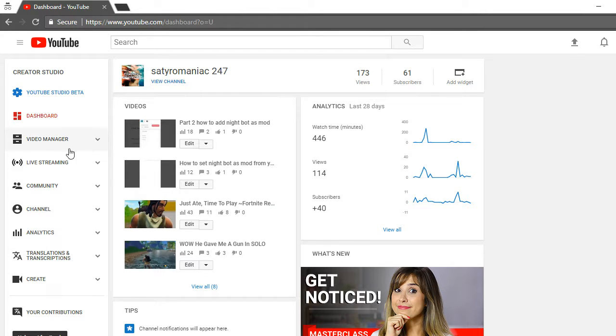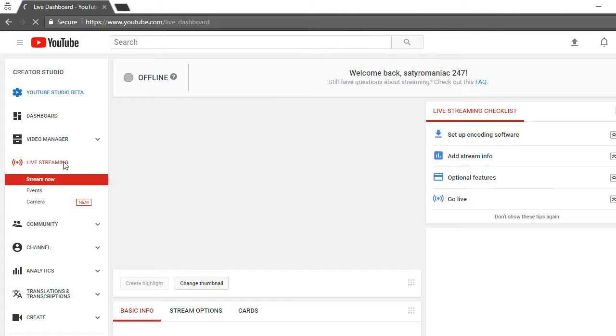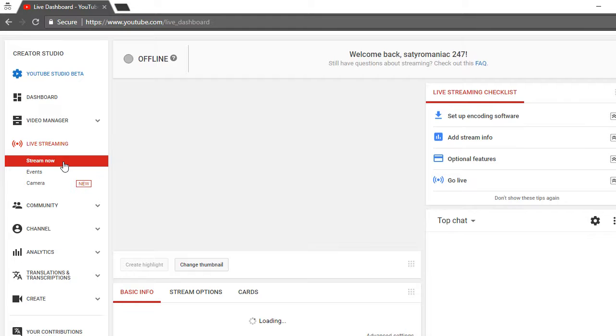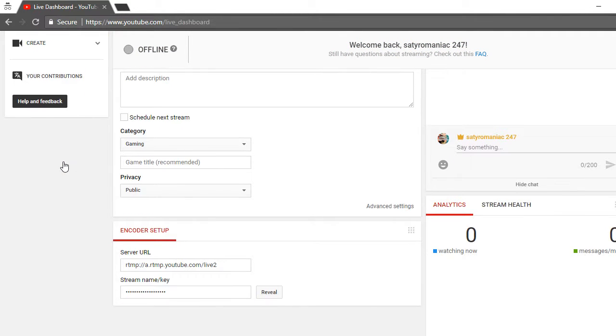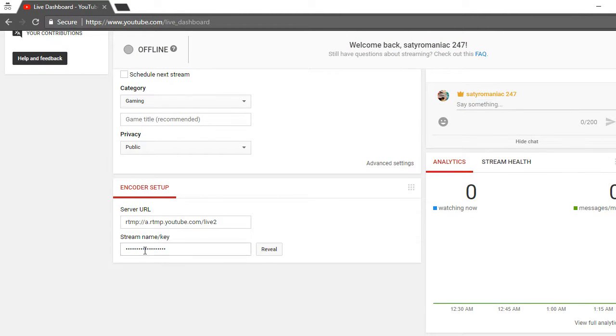Alright, once you get to Creator Studio, you're going to go down to live streaming on that. And then once you get to live streaming and it loads up, you're going to scroll all the way down the page. It's going to show your stream key under encoder setup. Now, you don't want to share this with anybody, so I'm not going to click on reveal because unless you trust them, you shouldn't share your stream key with anyone. But you have to click on reveal in order to stream, and then you